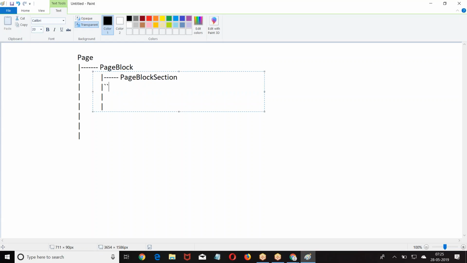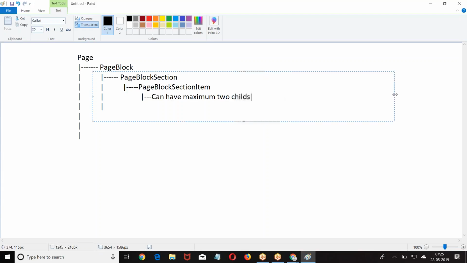Page block has page block section item. Every page block section item can have maximum. We had page. In the page we had a page block.